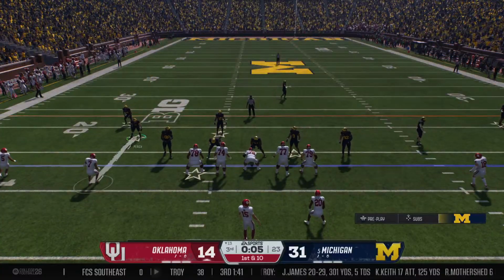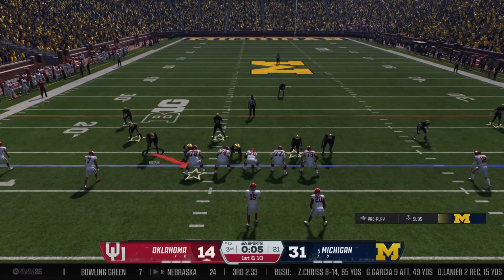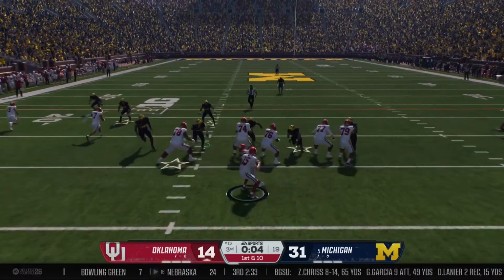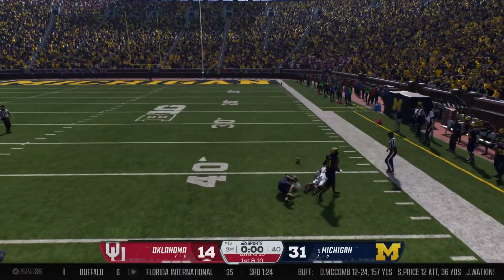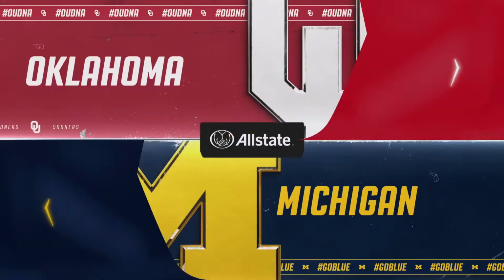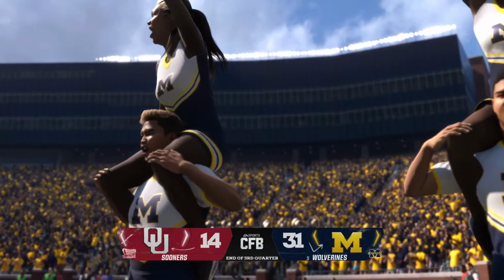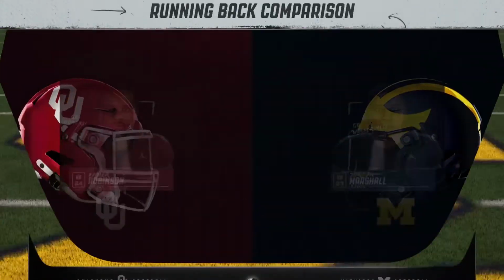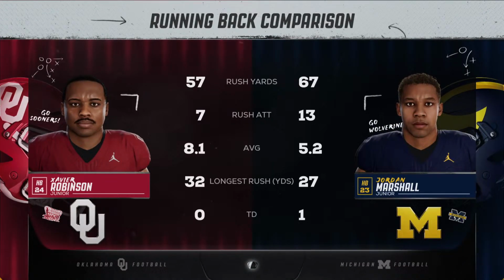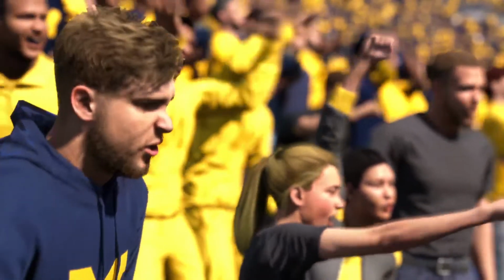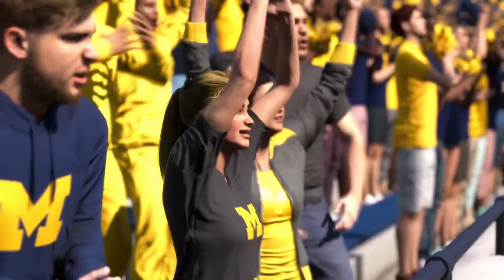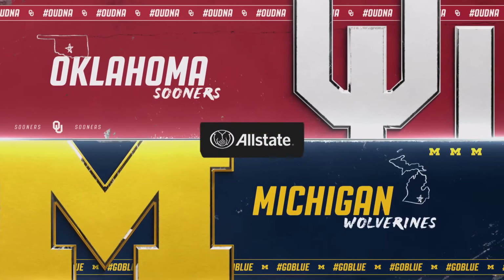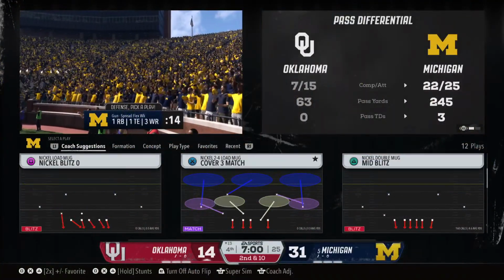Time for one more snap before the end of the quarter. Coming out on first down with the play fake. Deep pass. And incomplete. Ball was knocked out by Sugar Jair Hill. If you like old school running games, this has been it. And we hit the fourth quarter. And a couple of guys who starred through the first three periods. As we start the fourth quarter, it'll take a pretty sizable comeback to win this one.